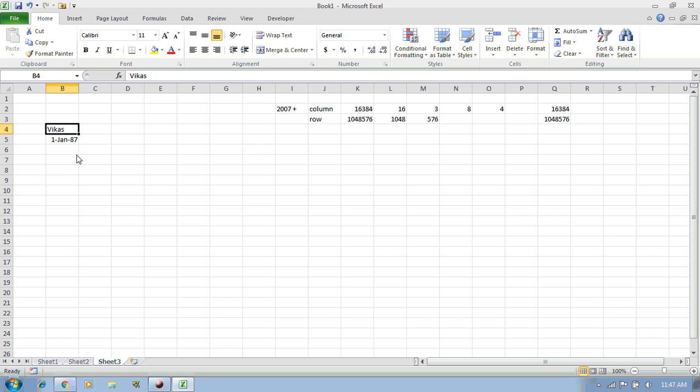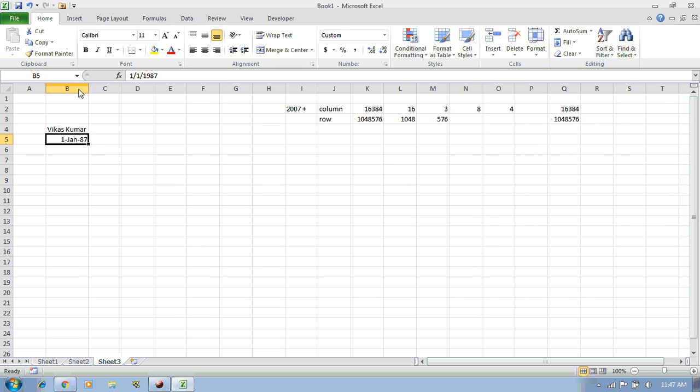To edit the cell you have two ways mainly. Either you can just double click on the cell, so the cell will be changed to edit mode, then you can just type your name here. So you can see that I have changed the name. Or you can select the cell and press F2. After pressing F2 you can just start typing the name here, so the name will be changed.